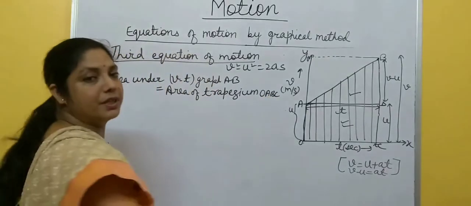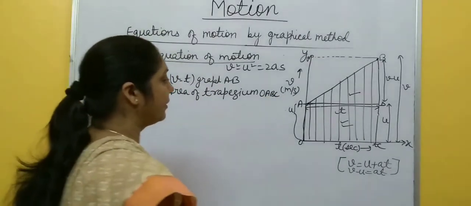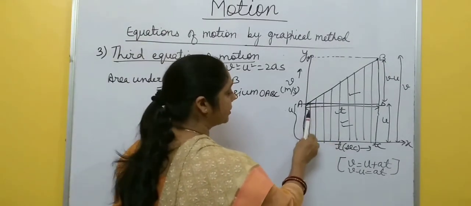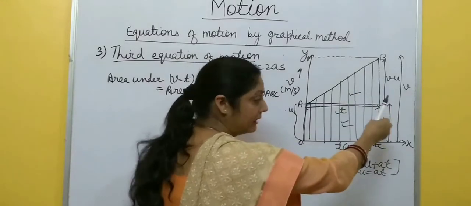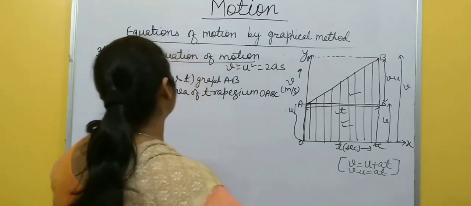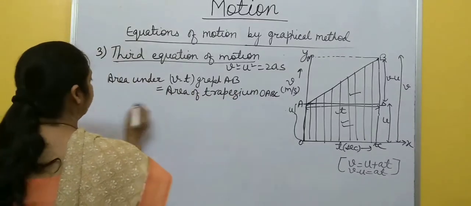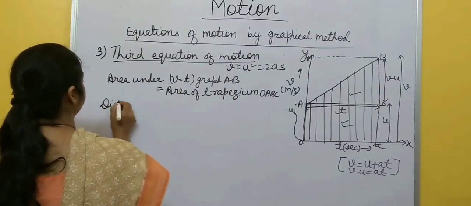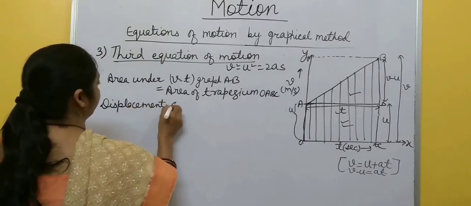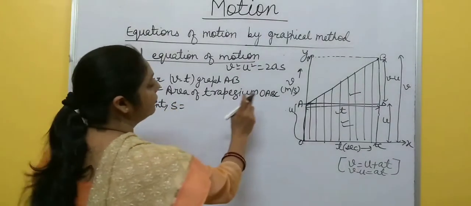You studied this trapezium in mathematics. A trapezium is that figure in which one side is parallel and there is a perpendicular distance between them, right? So area gives what? Displacement, right? So displacement S equal to area of trapezium